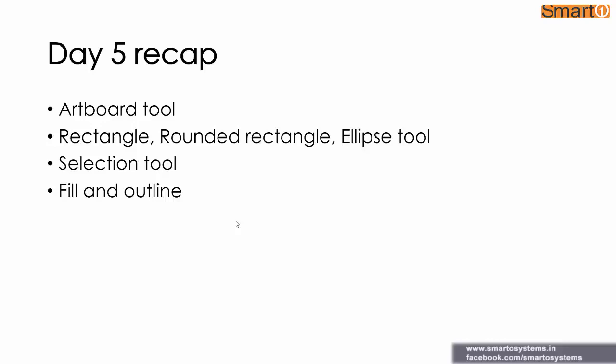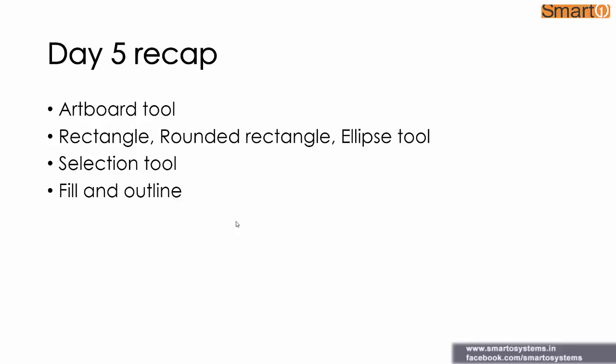So moving on, then we learned about the rectangle tool, rounded rectangle tool and ellipse tool. Now these tools are used to create these kinds of shapes, I mean the rectangular, rounded rectangular and circular shapes. Along with it, we saw the implementation of shift, alt and up and down arrow keys and how they provide an extra level of control to our shapes. After that we learned about the selection tool, how we can select and move the shapes around, and how we can delete them.